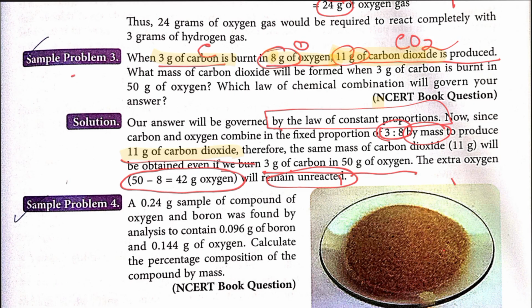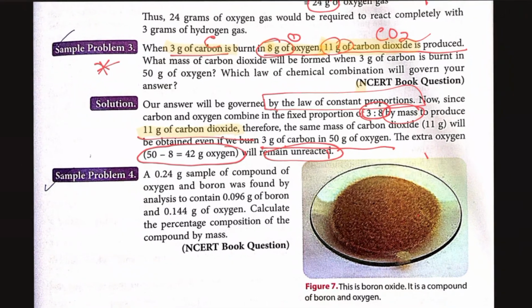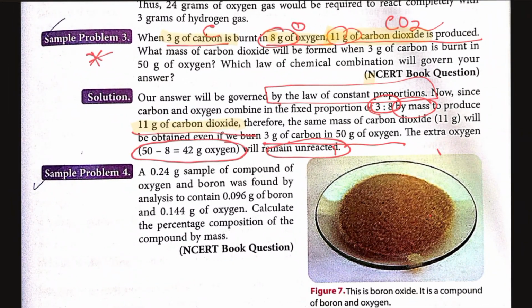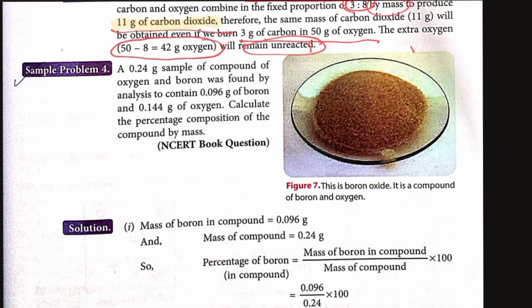So this question is a tricky question. If you are supplied more, what will happen? If you are supplied more, it will always react in the same proportion, 3:8. Now if you say that, okay, I have actually given 16 gram of oxygen, so 16 gram of oxygen, 8 into 2 is 16, so 3 into 2, 6 gram of carbon will react with it. It will be something like that. So this is it. Next,